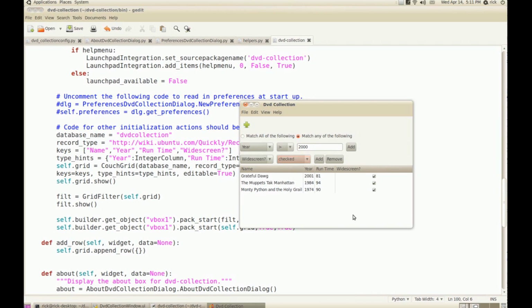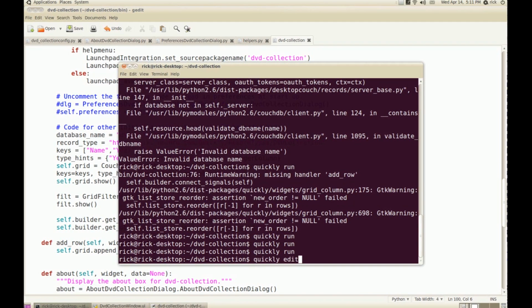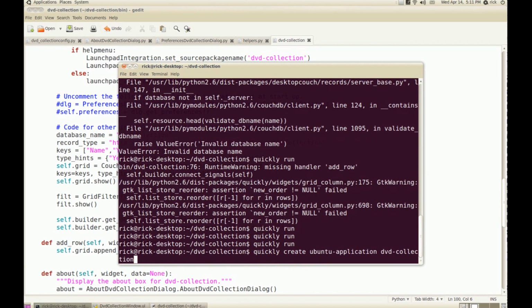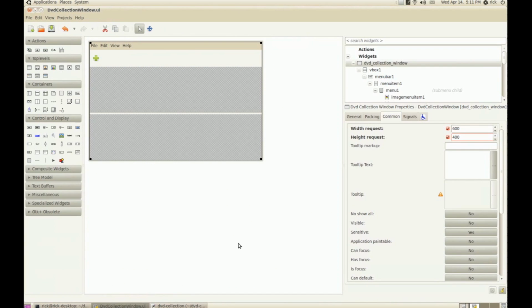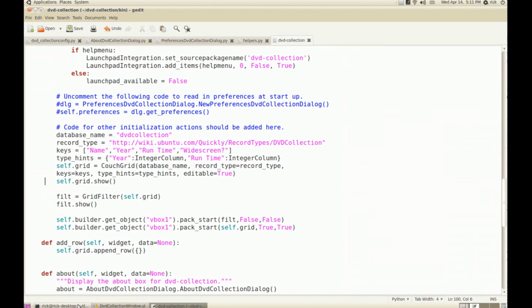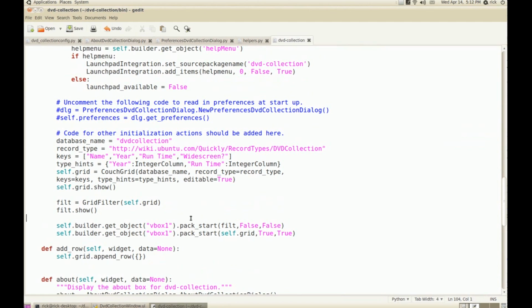So shall we review real quick what we saw here? So we saw how to create a project using the create command. We saw how to edit the UI using the design command and using Glade. And then we saw how to use Quickly Widgets to get a couple things. We saw how to use Quickly Widgets to make a grid,